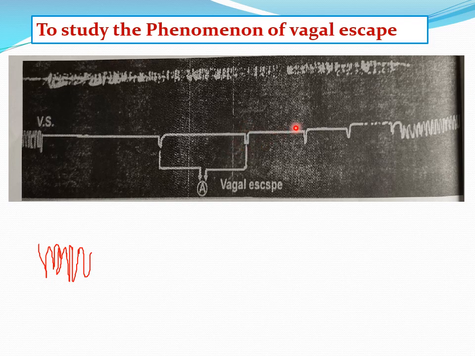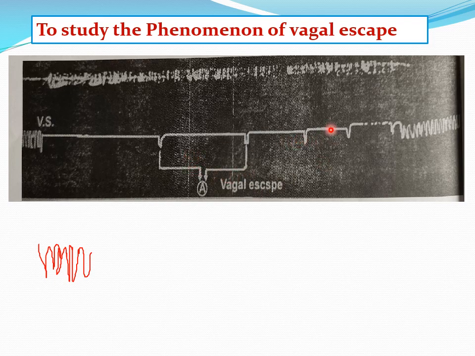Even if, for example, it happens in vasovagal syncope. What is vasovagal syncope? Emotional fainting, which leads to loss of consciousness. Even in this condition, the heart comes out and starts beating. So this is very advantageous because it maintains the blood flow to the vital organ even if the heart stops due to vasovagal syncope. Here the heart simply comes out and starts beating, and that is called the idioventricular rhythm.